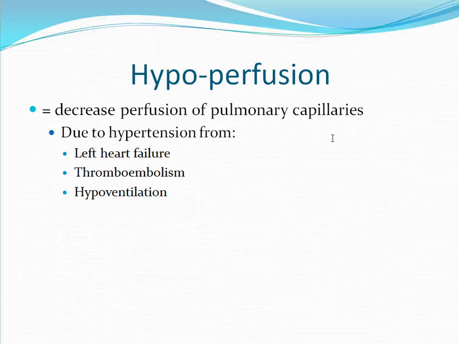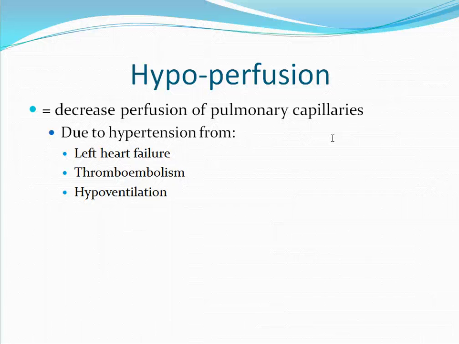Now we will look at different types of respiratory disorders. The first grouping of disorders are the result of hypoperfusion. This means that there is decreased perfusion through the pulmonary capillaries. In other words, there is a decreased blood volume in the pulmonary capillaries. This can be due to one of three different conditions. It could be the result of left heart failure, it could be the result of thromboembolisms, or it could be